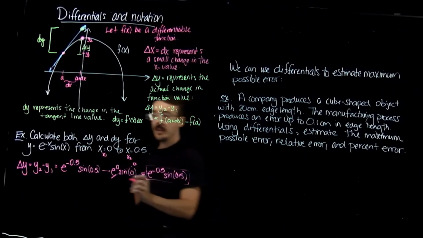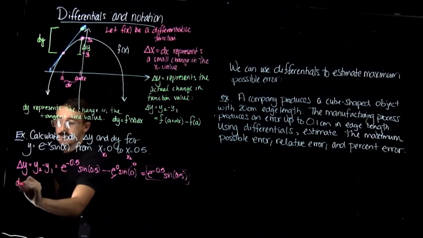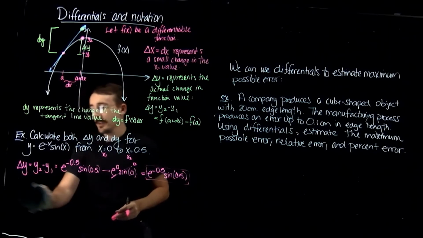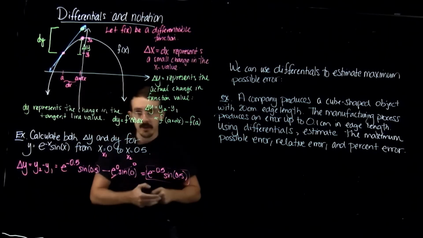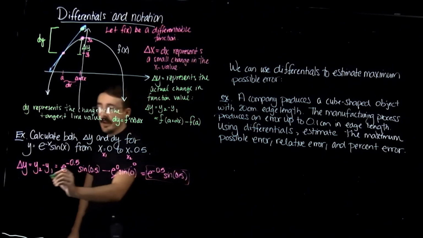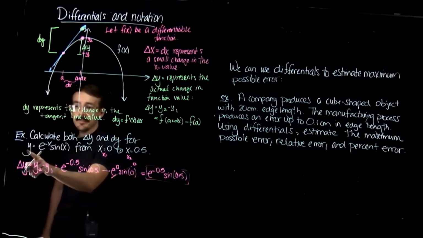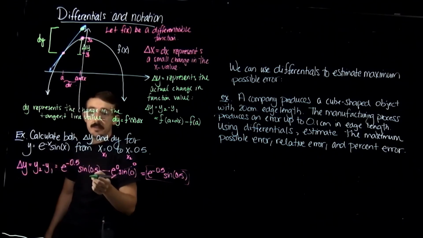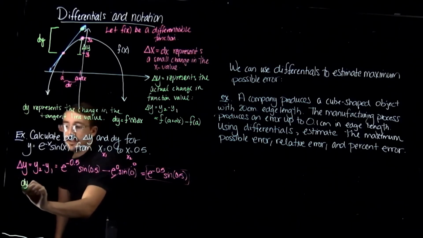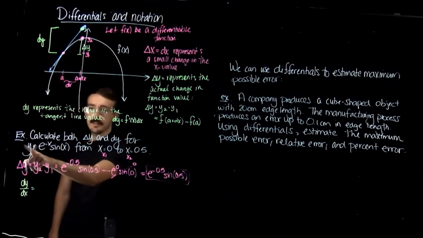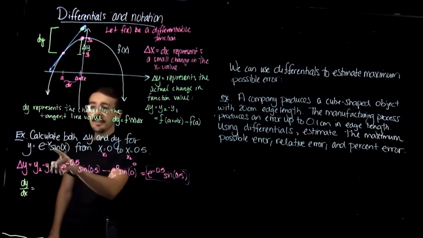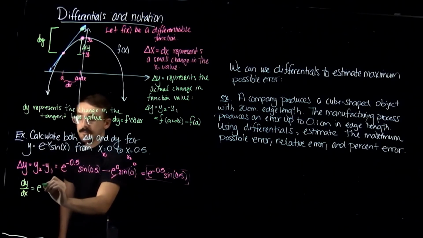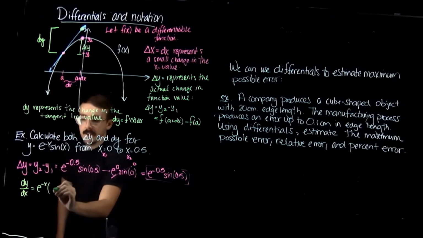Let's look at dy now. So for dy, I'm actually going to start with something else first. So we're going to review some derivative stuff. And let me switch my marker color as well. So I'm going to start with the fact that y is e to the negative x sine x. I'm going to take the derivative of both sides. So this means dy dx, so the derivative with respect to x, is equal to, and I need to do the product rule. So leave the first one alone. The derivative of the second one is cosine x